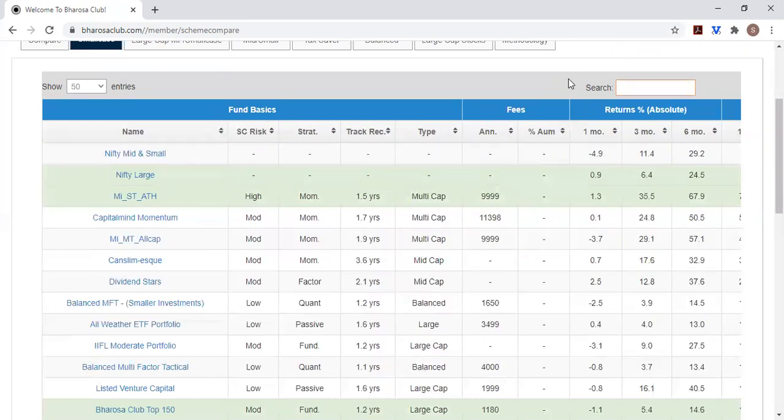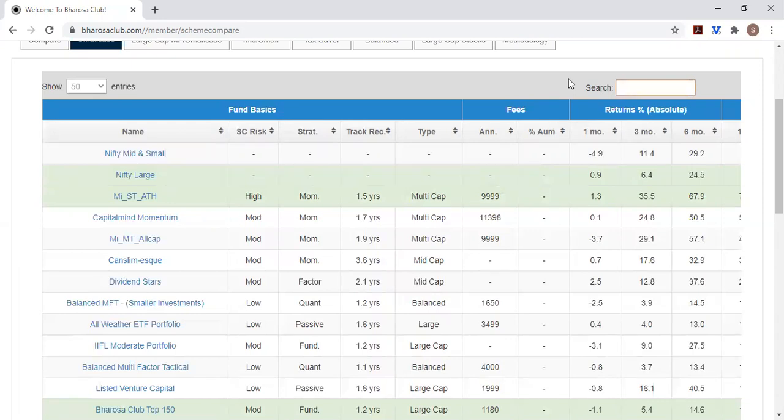And that brings me to a very important point. Whenever you're looking at this data, you want to make sure you're looking at the fund relative to other funds employing the same strategy. As an example, you'll notice looking at the data that momentum funds have done really, really well in the last 6 months, driven by that strategy working. Now, the question is, how well is a particular momentum fund doing versus other momentum funds?